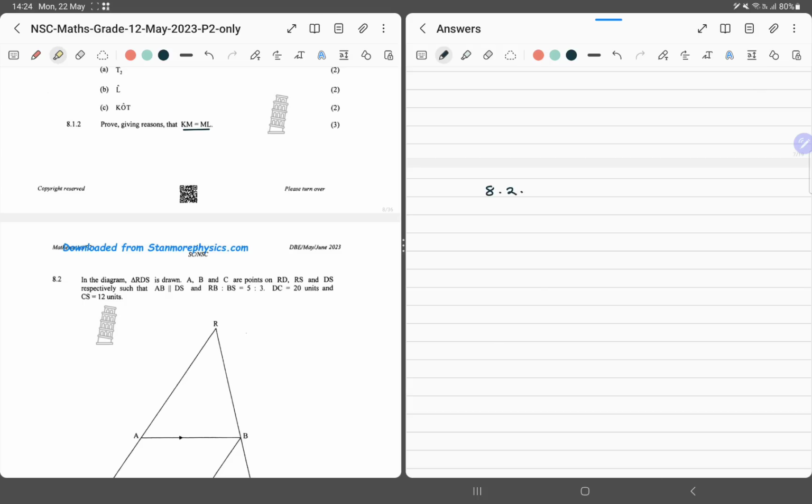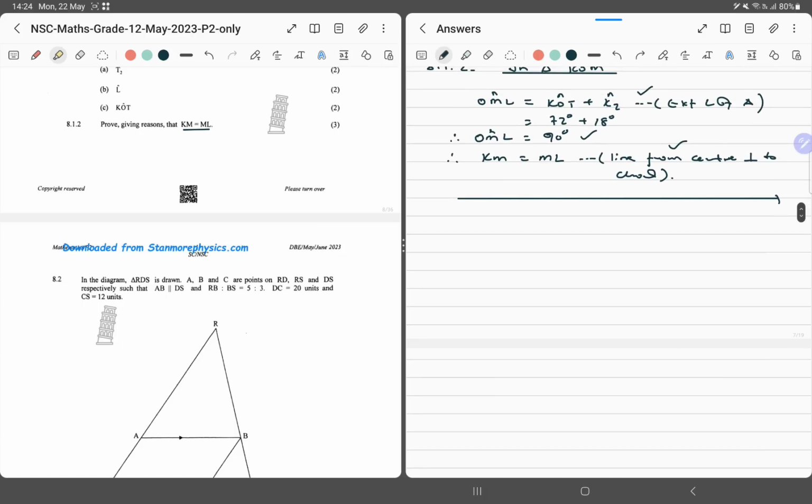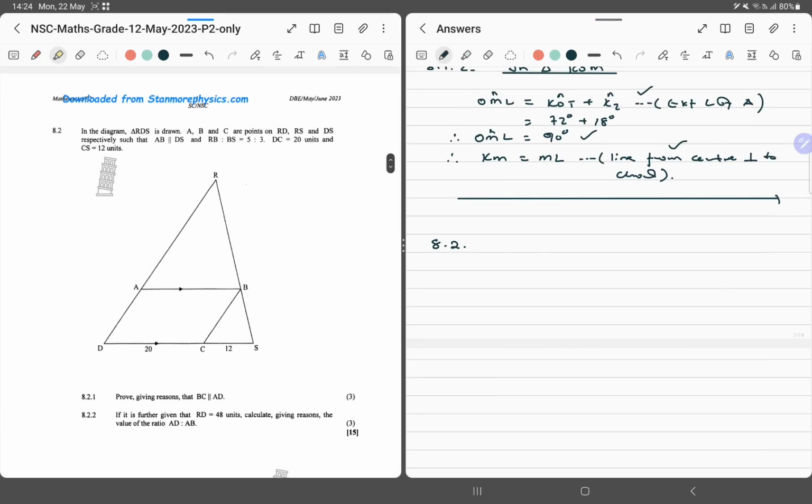Now 8.2 says in the diagram, triangle RDS is drawn. ABC are points on RD, RS and DS respectively, such that, okay, everything they're saying is drawn. And then we're told RB